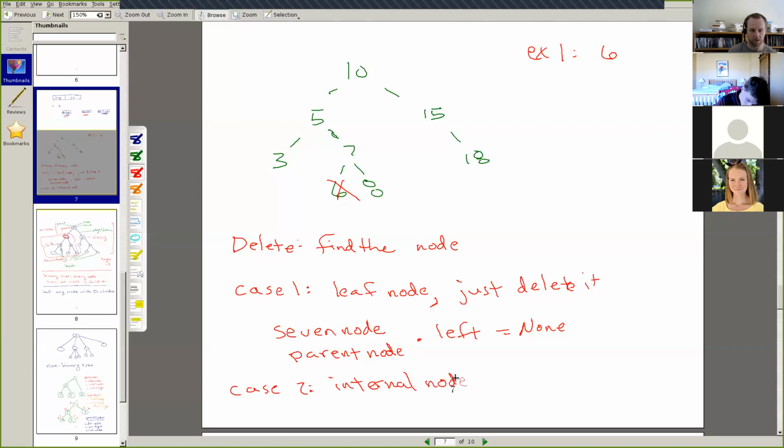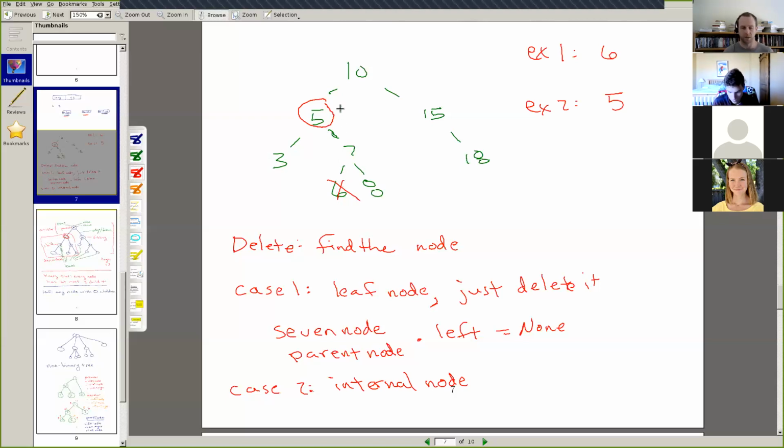And our example is going to be, we're going to delete the number 5. First we have to find the number 5, so 5 is less than 10, we go to the left, and now we have found 5 in the middle of the tree. So not a leaf, we're in the middle.